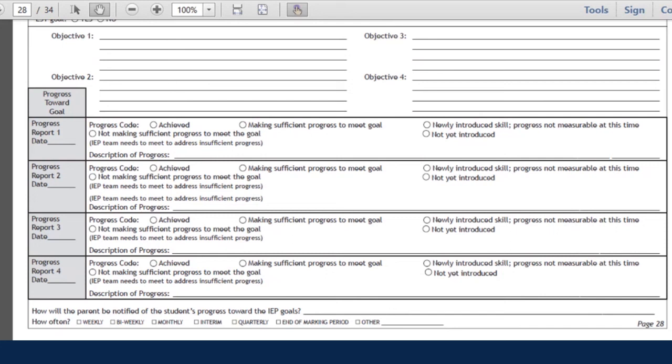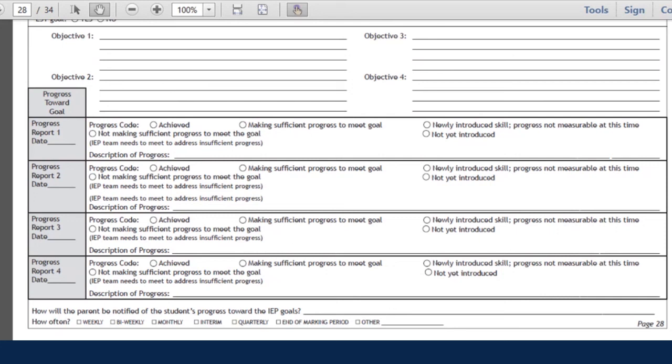So for example, if they are making progress on increasing the length of their sentences, and maybe their goal is to be able to put together 6 to 8 words in a sentence, but down below it says description of progress. Maybe it says that they are now consistently able to put 3 or 4 words together, but the goal is much higher. So if there's a gap like that and it does not look like they are making sufficient progress, or if they are showing signs of regression,